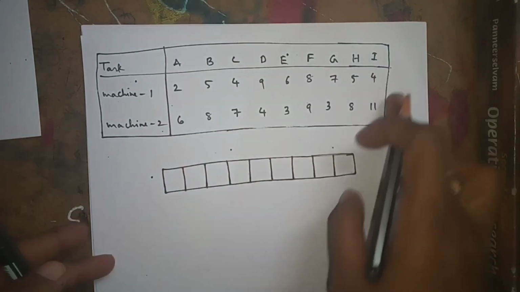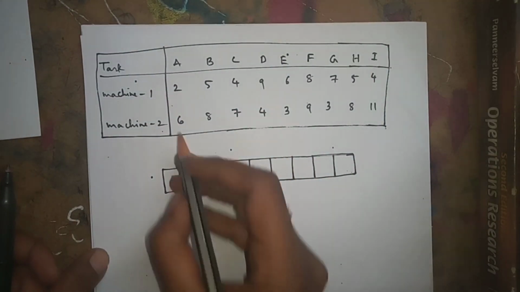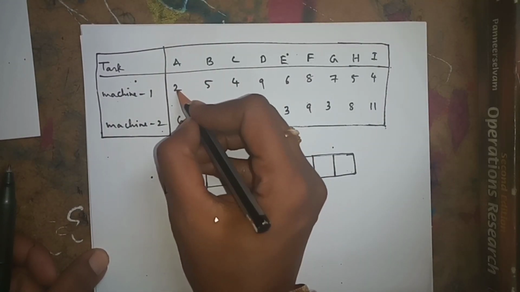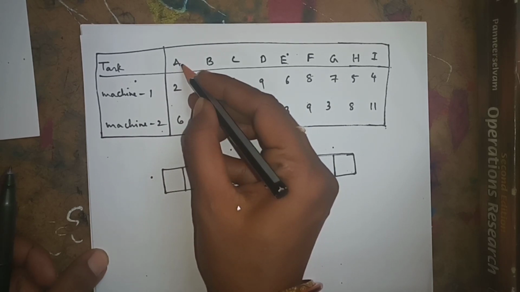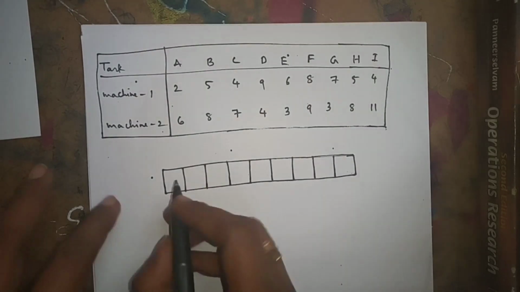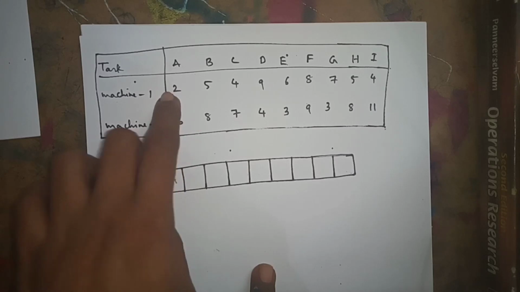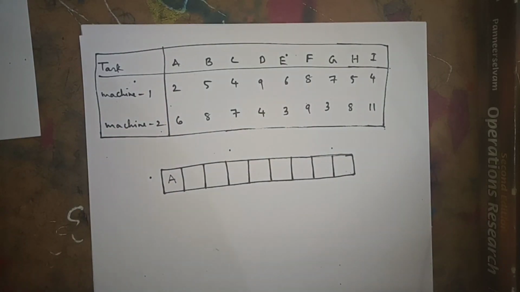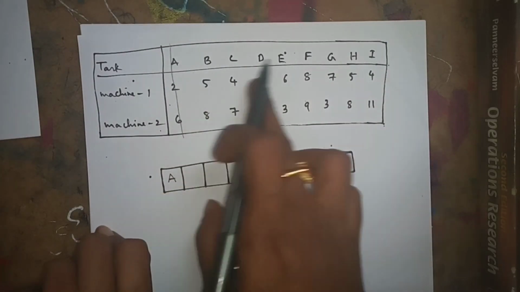Now if you observe all the values, the most minimum is 2. 2 lies in machine 1, and the task above that value is A. That's why I will write A here, because machine A values we should always write from left to right. Now task A is over, that's why I cancelled it. Now out of the remaining values, the most minimum,